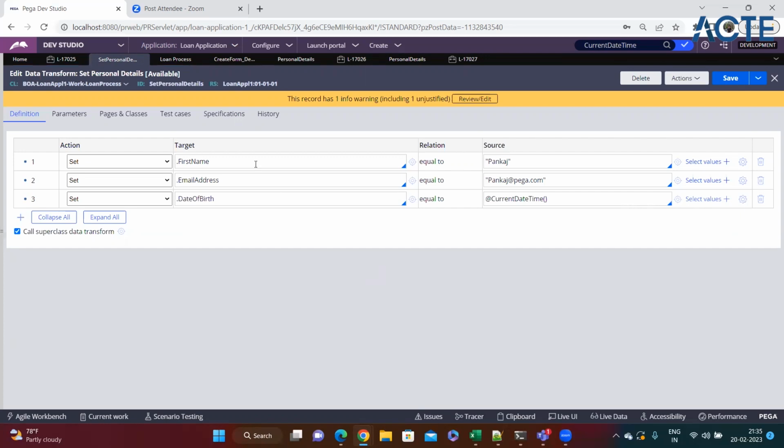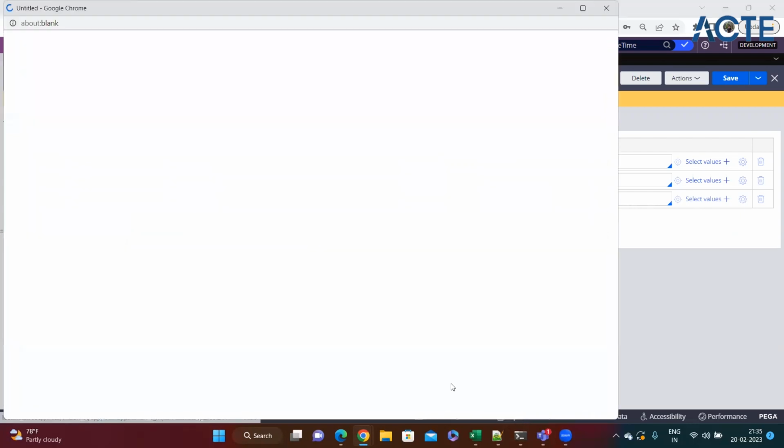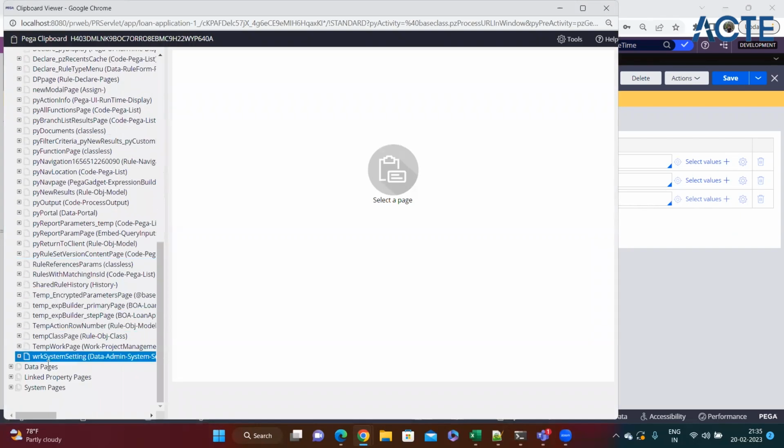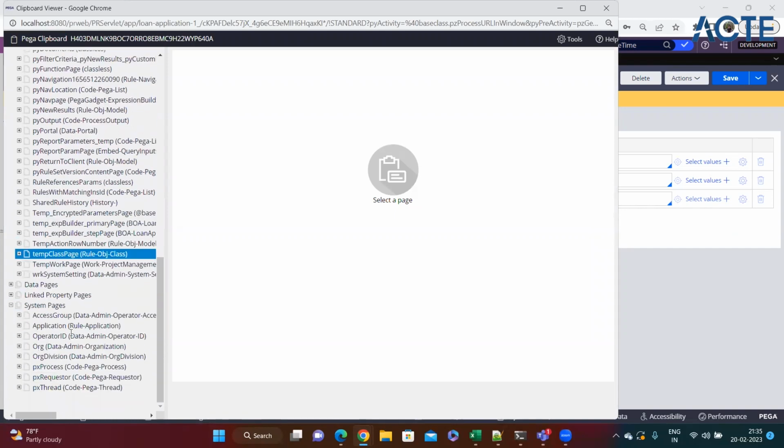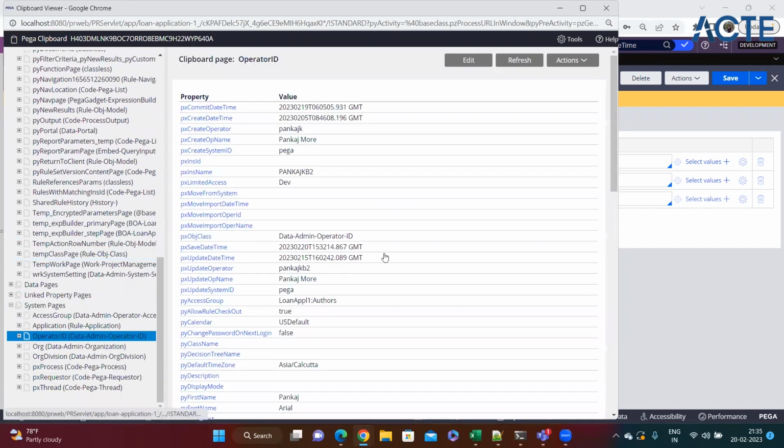So now let's make it dynamic. I've already shown you a few minutes ago, in our clipboard, there's a page called operator ID page, which stores the operator ID details. Whoever has logged in, Pega stores that particular logged in person's details in this page. So we'll just make use of this page only. What we'll do is, we'll just copy this page,